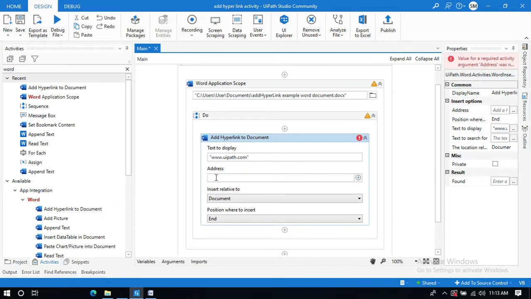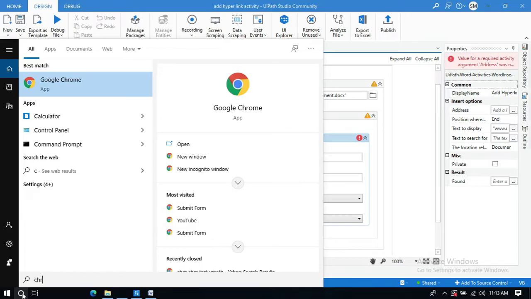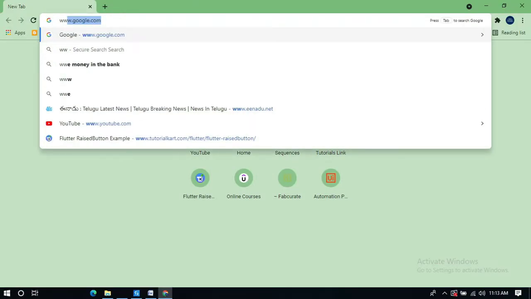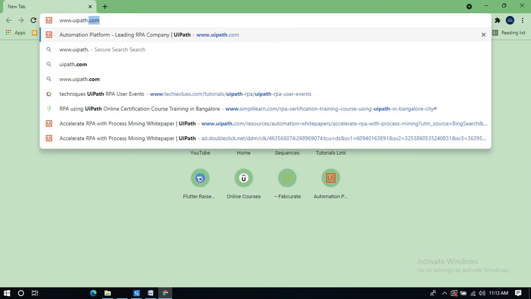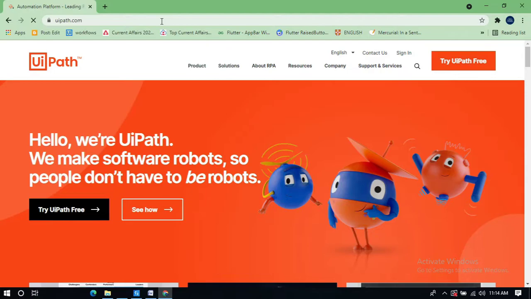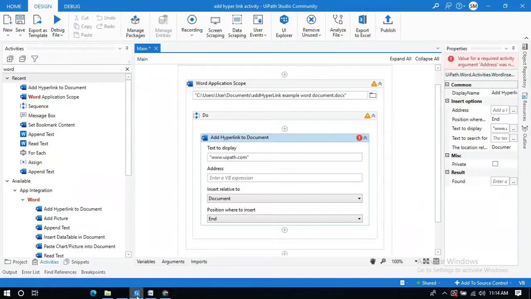So go to Chrome, copy this link from here, and paste it inside this field.